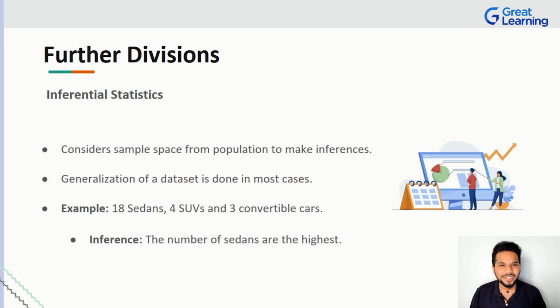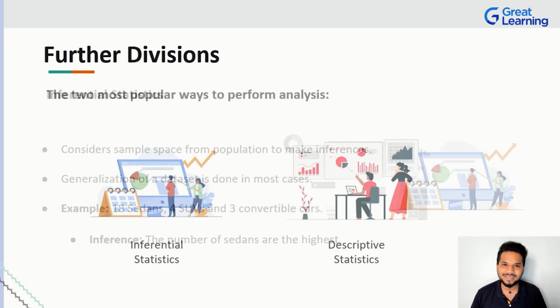Now I'm going to ask you a question and your answer is going to be an inferential statistics answer. The question I'm going to ask is, hey guys, which type of car is the highest numbered car that's present in our lot? Of course, you can see that there's only 3 convertible cars. There's only 4 SUVs, but there are 18 sedans out there, right? So when I ask you that question, which is the highest number of cars based on its type? The answer you're going to say is, hey, of course, there are 18 sedans and that's what it is, right? So you're making an inference, looking at your data, giving me an analysis, giving me an answer to the question I just asked. This is a very good example of inferential statistics, right?